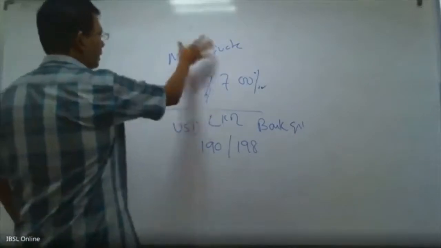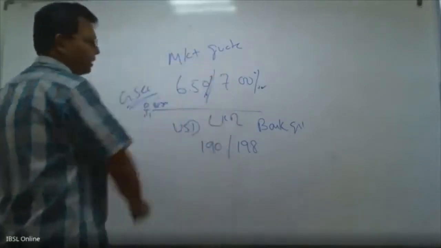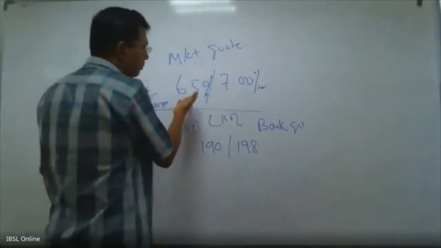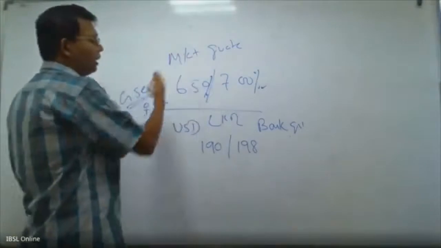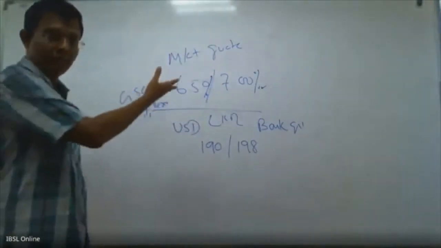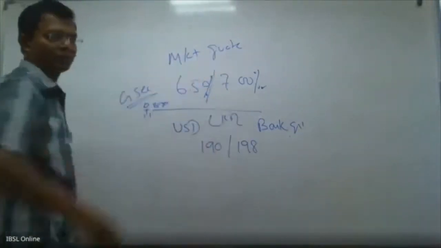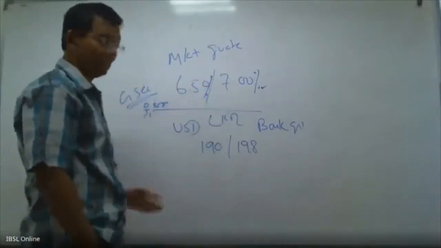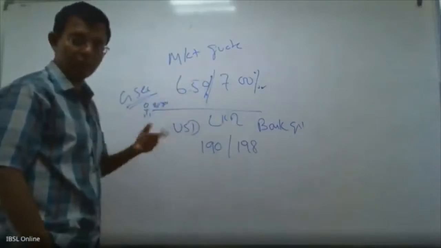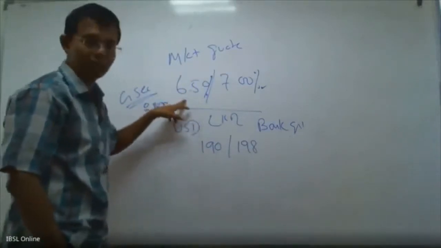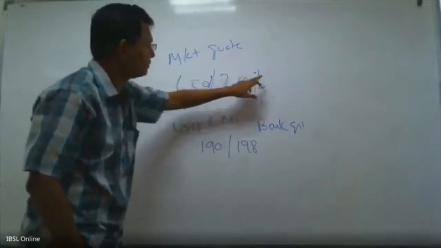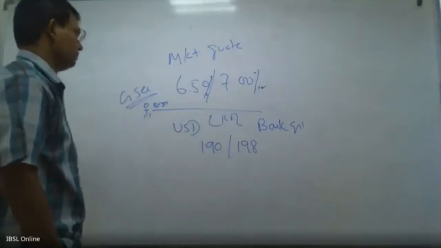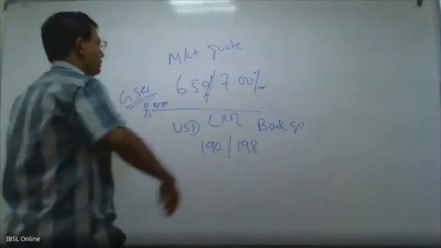This is somebody's market quote in a particular instrument. So I'm checking the market. Some broker has given me this. He has given me this, which means somebody else has quoted it. Pricing in Sri Lanka is not in LKR, this is in percentage terms. That is how we deal with the government securities. 7%.